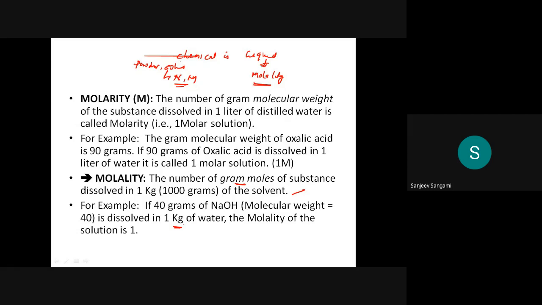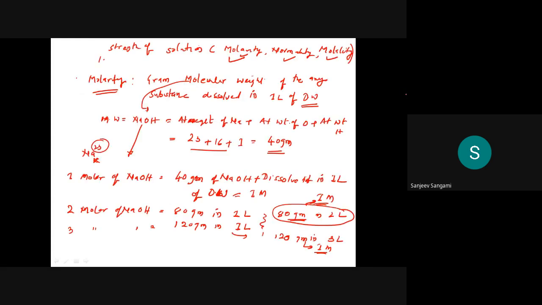It is similar to the concept of molarity. The molality of NaOH is also the same. What we defined earlier was the gram molecular weight of NaOH dissolved in 1 liter of water, but here it is 1 kg of water. Remember, the definition says 1 kg of water. So again we have to go with the basics. What is that? 1 kg of water.